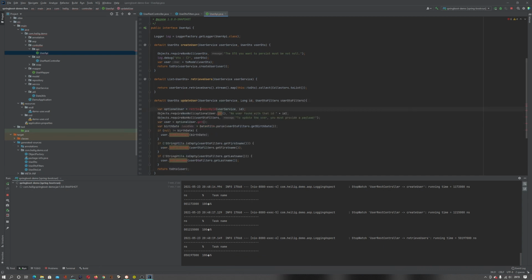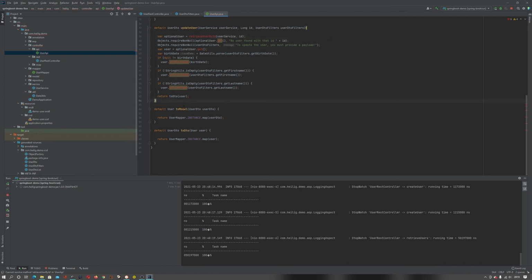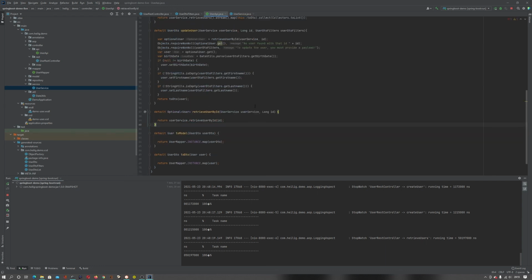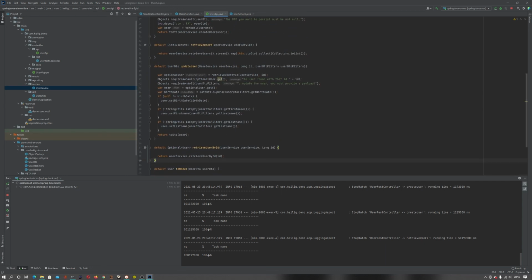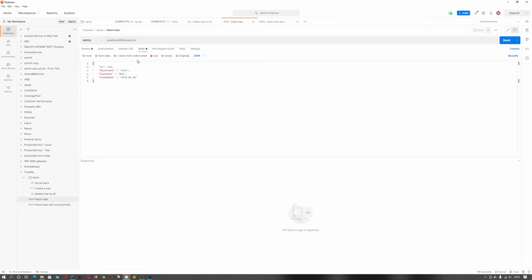First thing first, we retrieve the user by ID. So retrieve user by ID, we need to create that method. The retrieve user by ID is a proxy to user service retrieve user by ID. Okay, let's create it also. Okay, so let's go back to our update user method. Like I said, the goal of the patch is